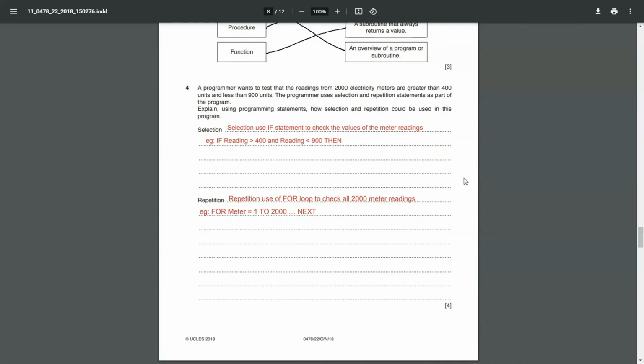So at that time he can use repetition, where a for loop can be used to check all the 2000 meter readings. For example, this can be written as: for meter equals 1 to 2000, then next, whatever the programmer needs to do to get the readings from them. So these 4 lines will fetch you 4 marks. Awesome, right? So yes, let's move to the next question.